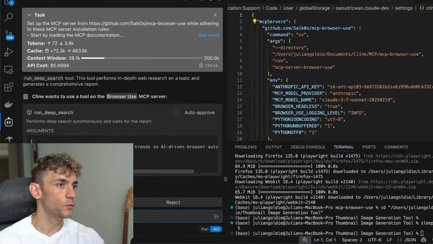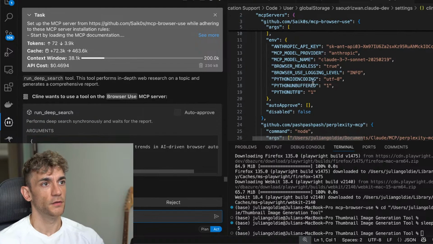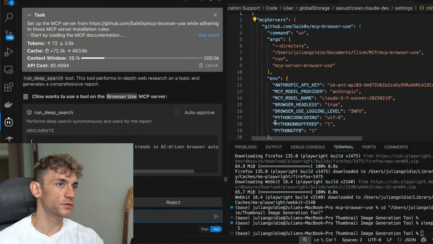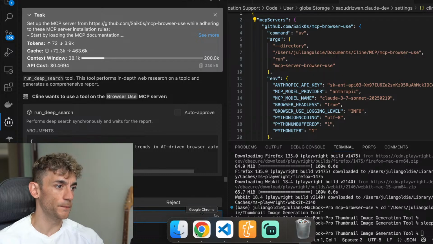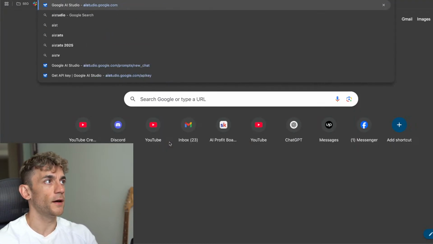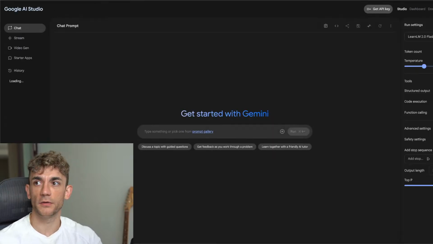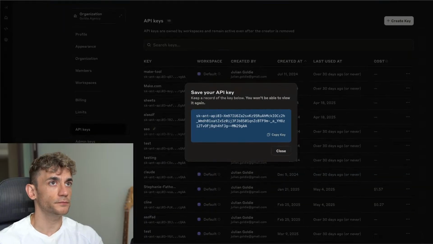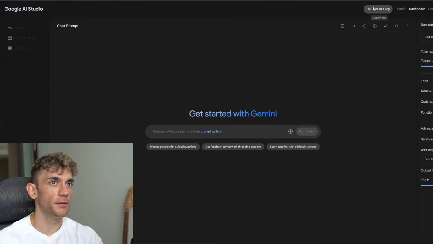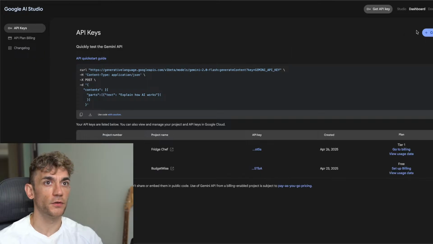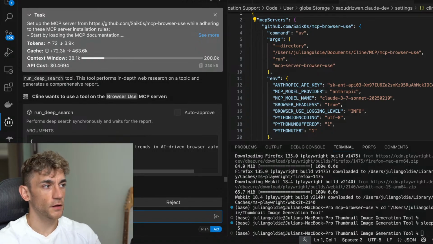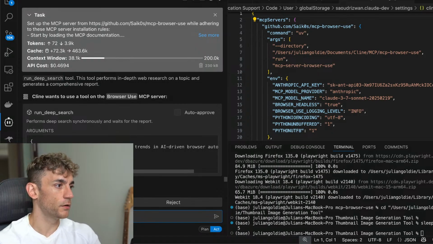I'm wondering as well whether we could change the key to use Gemini instead, right? And then it would be free instead of paying for it. So let's try that. This could totally mess everything up, but we'll see if we can use the API key from AI Studio instead. So I'm going to get an API key, which is free, from aistudio.google.com. In fact, we'll just grab one of these and I'll delete it in a second. So we'll copy that. Then we'll go back here and I'm going to say, okay, change the MCP server API key for browser use